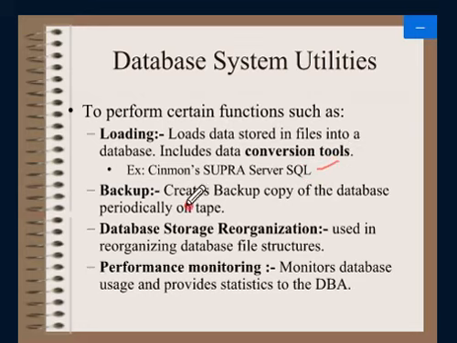Then next we have backup. What is backup? A backup utility creates a backup copy of the database. So in a banking system or reservation system, if the server goes down, immediately another server has to take up the job. All that is possible by the backup utility. It keeps the backup copy of the database, usually by dumping the entire database onto tape or other mass storage medium. The backup copy can be used to restore the database in case of any disk failure.